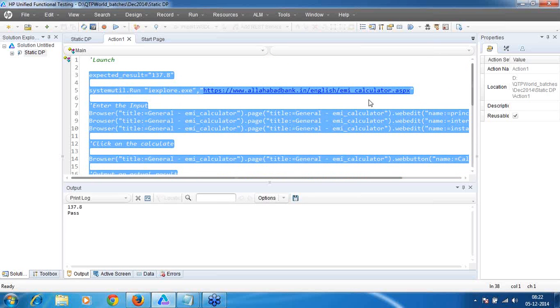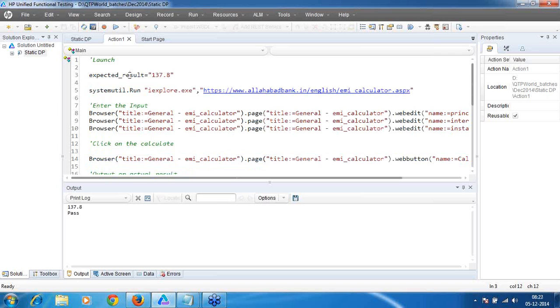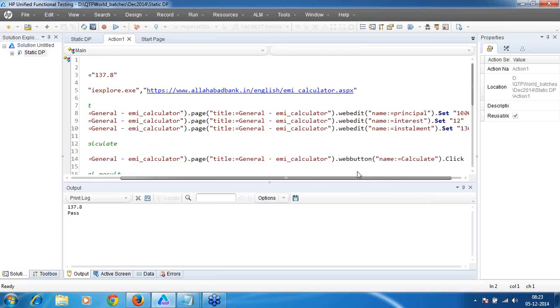Now, a couple of questions you'll be having. This variable is not defined as a float or int or any other data type, as we have in other technologies. In VBScript, there is no need to define it. If this is a float, the expected result will become float data. How exactly to declare and how to do that in the framework, we'll be discussing in detail. Okay, now the next question you'll be having is, okay, here